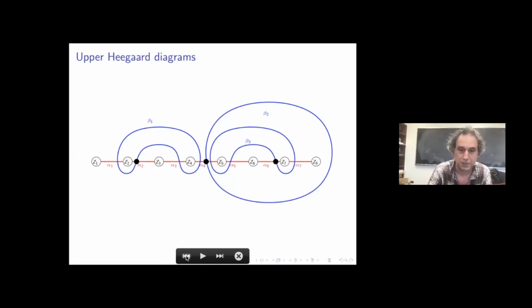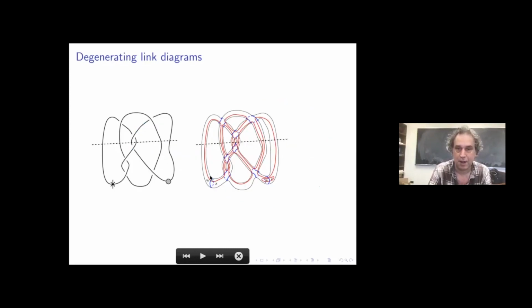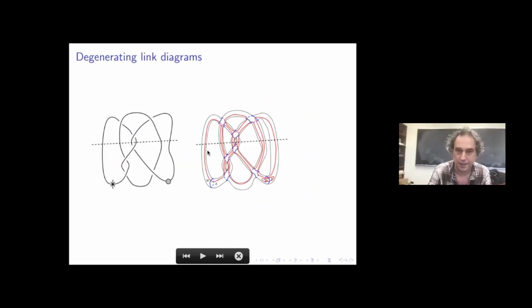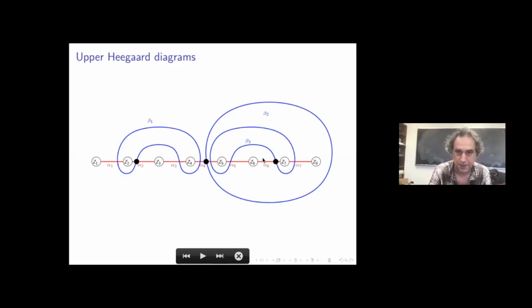But here's a picture of a possible upper diagram. So here, in this upper diagram, I have what used to be these alpha circles. Now I've chopped them, so they become alpha arcs. And what I've got, in this picture, is 8 boundary components, right? Each of these cuts creates a boundary component on my surface. So I've got these various boundary components, and